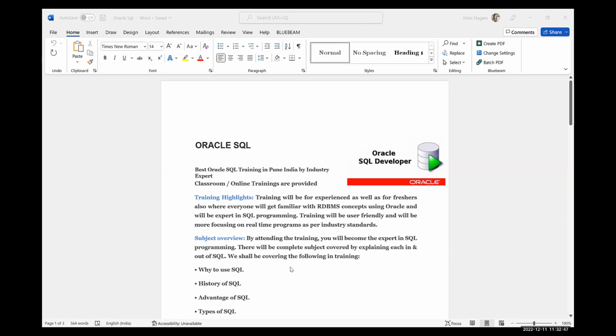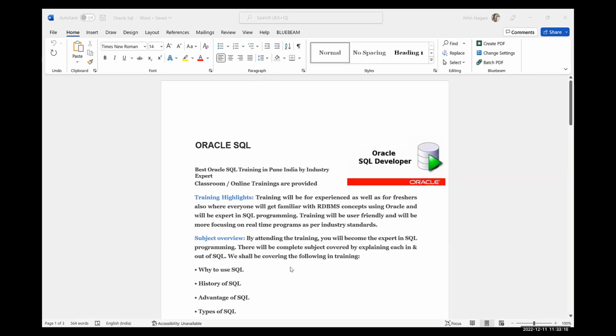There are different technologies present in the market, and there is good growth in those technologies as well. But why should one learn SQL or PL/SQL? It's not that we don't have a boom in the market for PL/SQL and SQL. Yes, there is a boom because every application has a very strong backbone of a database.